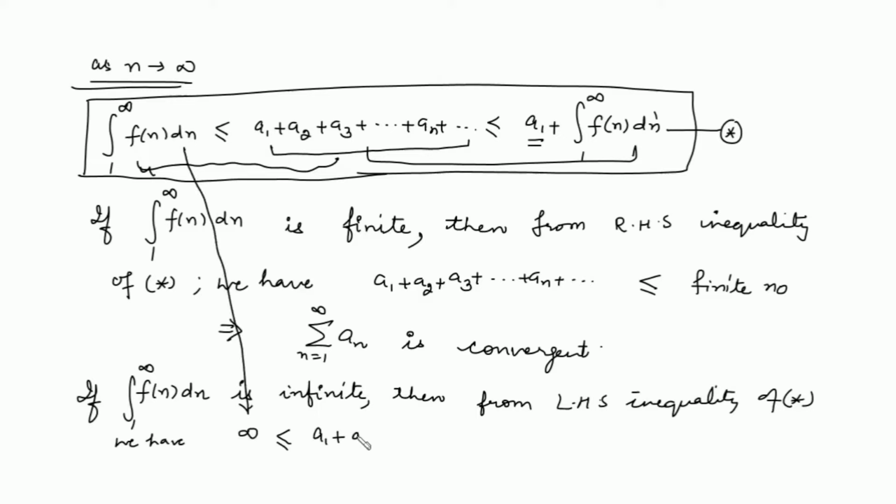And here you have the summation of the series. So the value of the sum of the series is greater than or equal to infinity, which implies your series an is divergent,